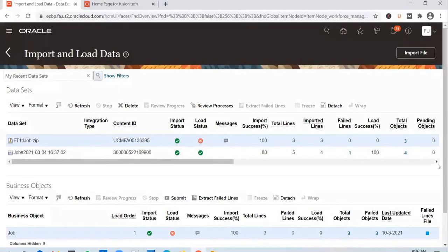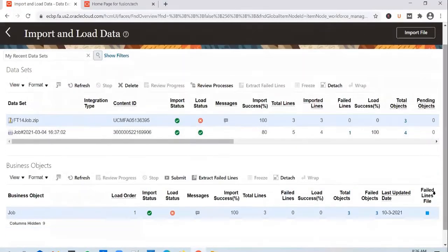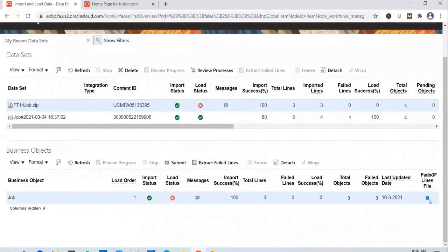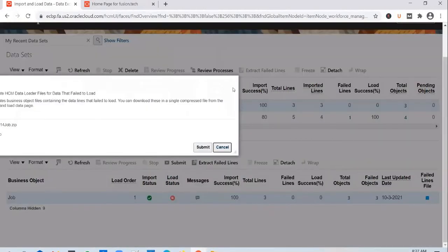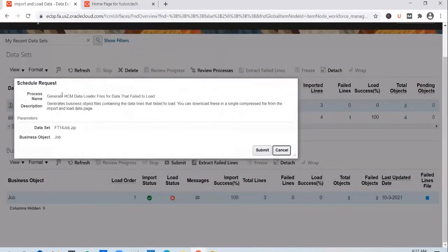To get that list, you see this failed lines file option here. You don't see anything in there at the moment. You have an option called extract failed lines. So you click on this button, and as you can make out from the name itself, it will generate an HCM data loader file for the data that failed to load.